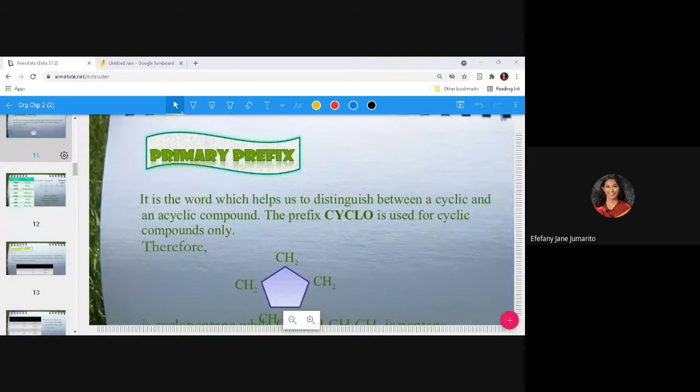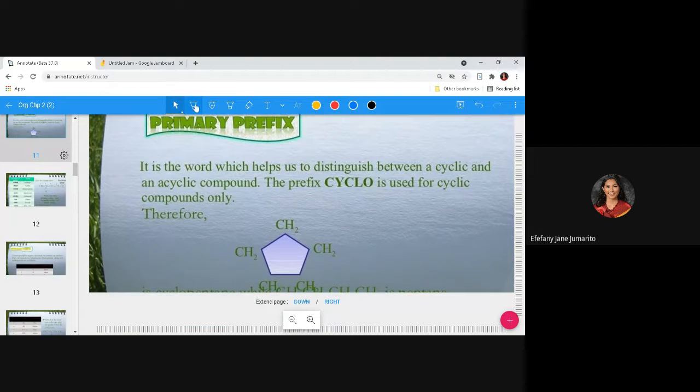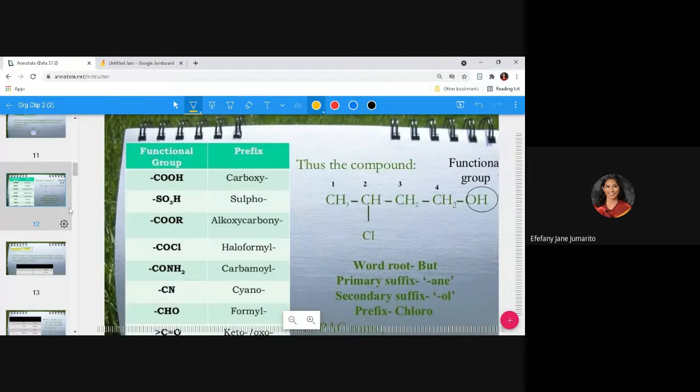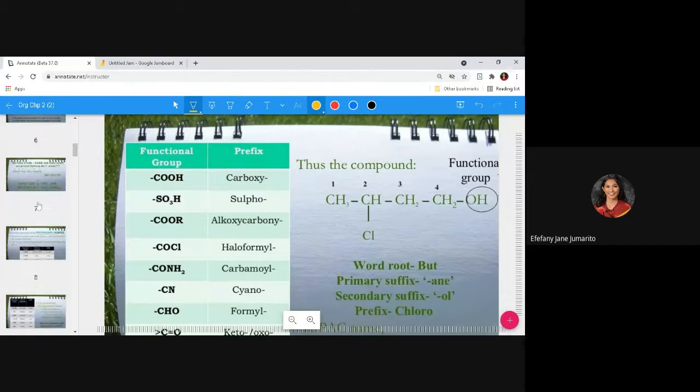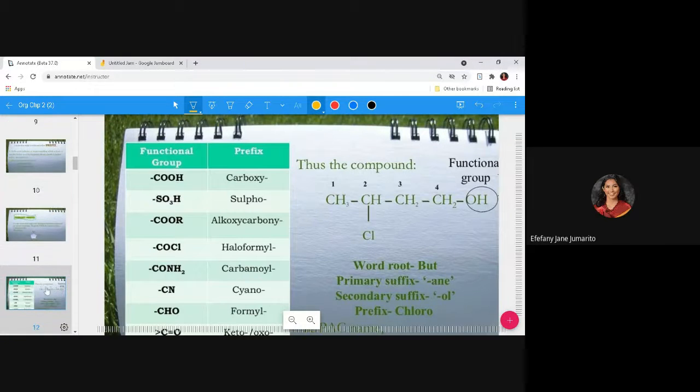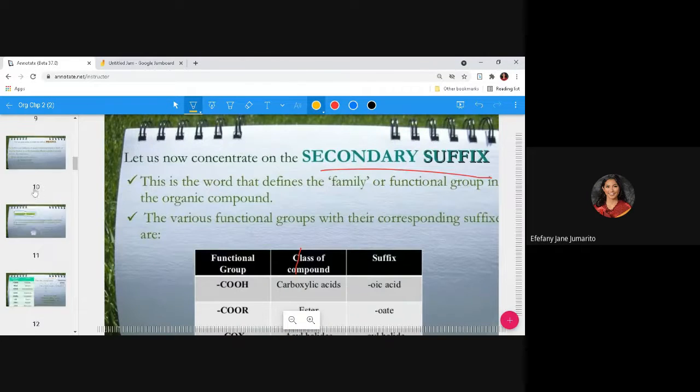Sarah, what is this, Sarah? Hala, class, makadungog pa muna ako. Cyclohexane, ma'am? Ang siya? Hexane? Ano hexane man? Okay, let's count, class. Ato mag-count tag-una. So, we have carbon 1, 2, 3, 4, 5. So, it's 5. Kung 5, unsang root word sa 5? Pent. Okay, pent. So it's pent.